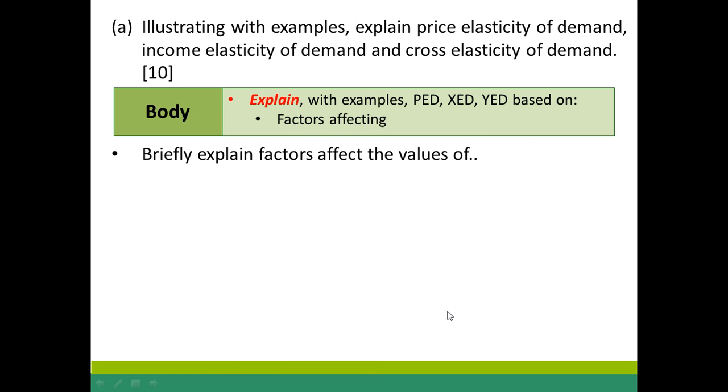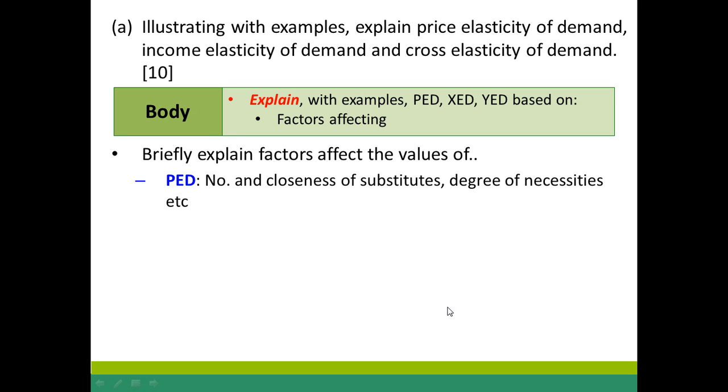So what are some of the brief factors affecting each of these? Okay, so you should be able to see most of this in your lecture booklet, so I'll do it quickly. PED, depending on what kind of acronym you learn, but the most important one, in my opinion, is the number and closeness of substitutes, and I feel that this is generally the most important determinant of PED. Okay. The other one will be degree of necessity, and there are a few others which I don't list down. For YED,